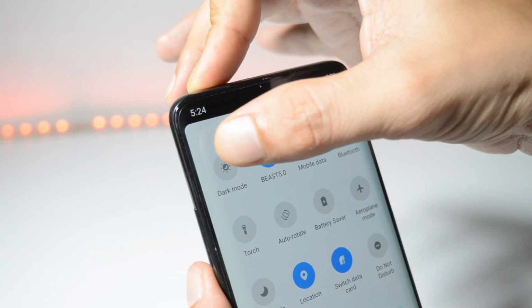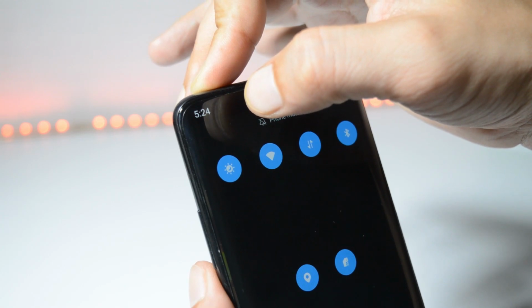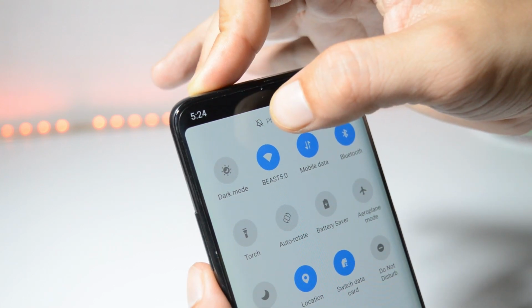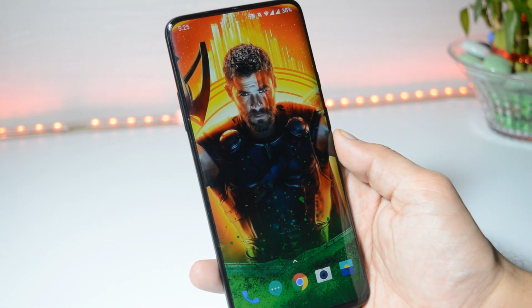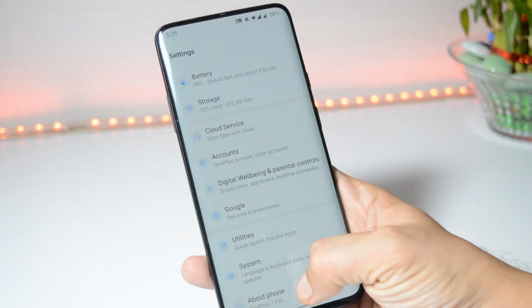In one of the posts, OnePlus said that they'll be adding dark mode switch in the quick setting panel. And it will be having internal testing before pushing Open Beta version to wider users. But if you guys are running Open Beta 14 on your OnePlus 7 and 7 Pro and Open Beta 4 on your OnePlus 7T and 7T Pro, then you can enable this switch by just going to settings, about section,